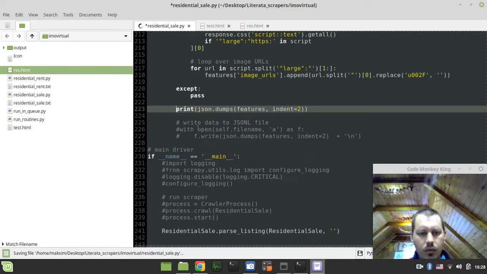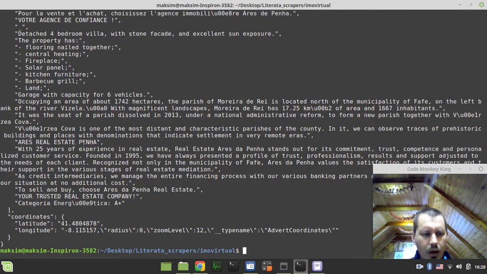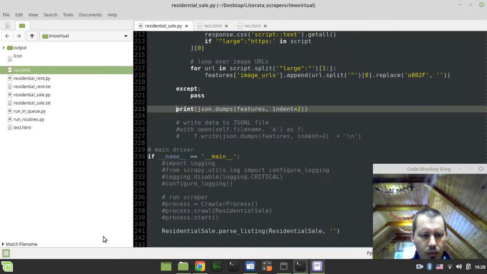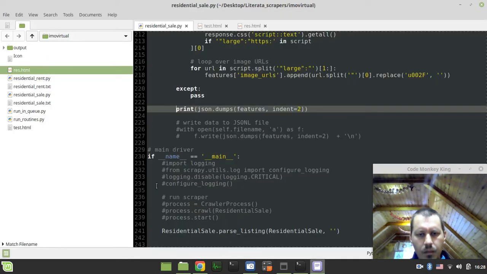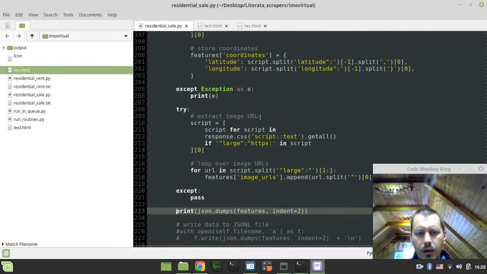So, okay, now we got the latitude and the longitude, which is almost the case. Replace just, it's a little bit.